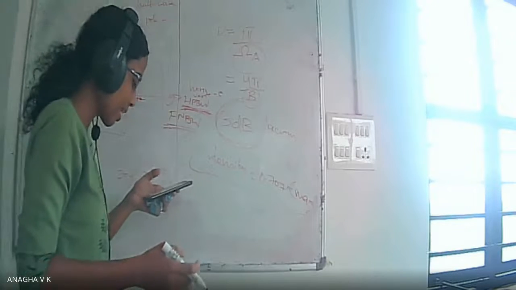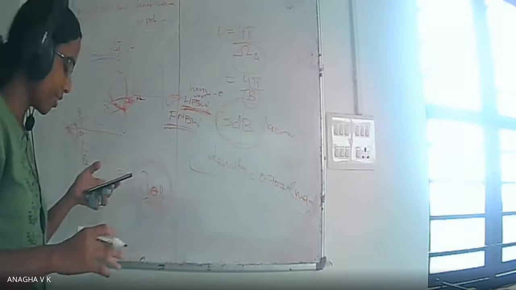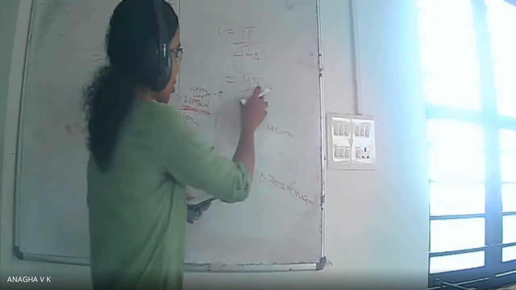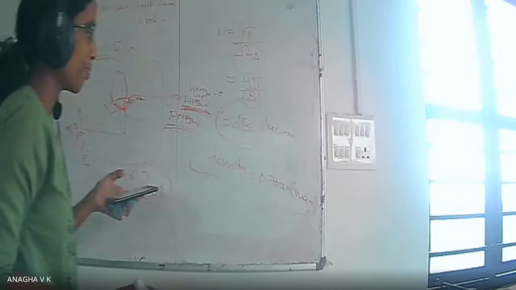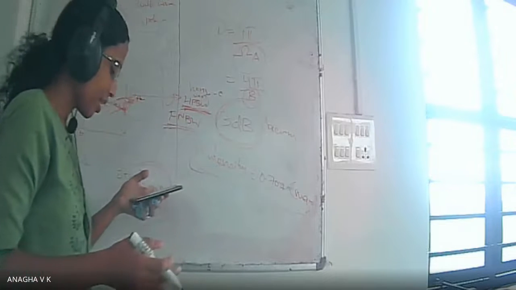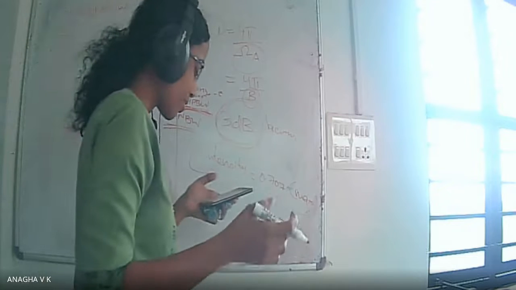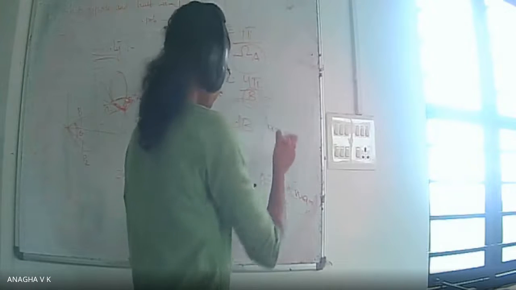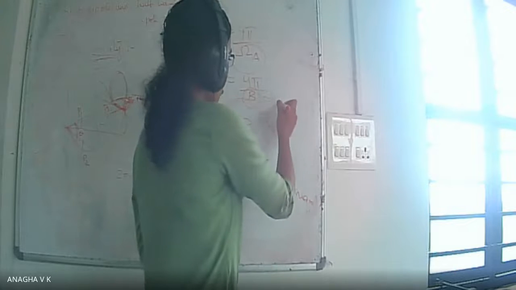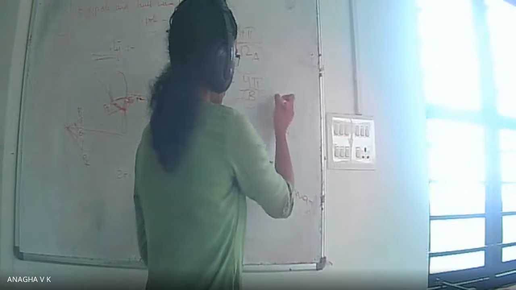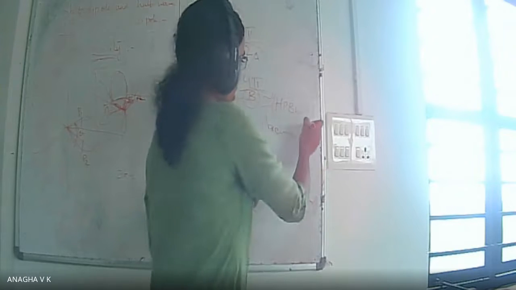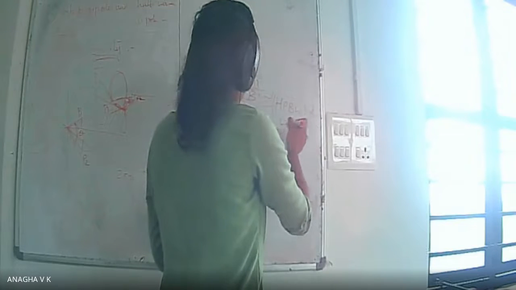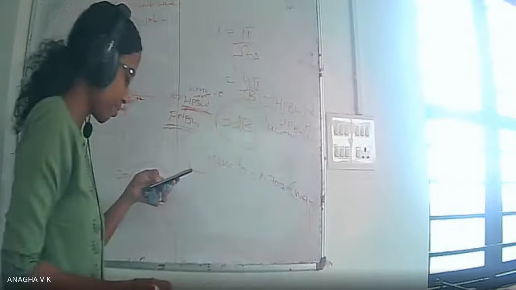It can be represented in terms of the product of beam width in the horizontal and vertical planes. Okay, three-dimensional. So this is the radiation pattern intensity. So this can be represented in three dimensions as the product of the beam widths of the horizontal and vertical planes. So what is that? B can be approximated as the half power beam width in the horizontal plane times the half power beam width in the vertical plane.